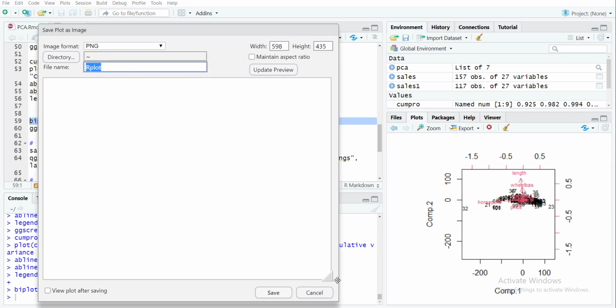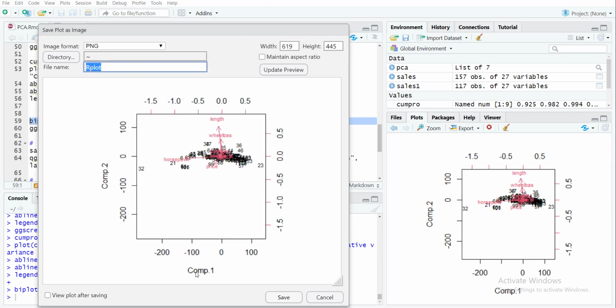So a biplot is actually a scatter plot of 2 components that are generated from factor analysis, and then it plots the independent variables using these lines. So length and wheelbase are similar to each other, so they are correlated with this component. Horsepower and price are more correlated with component 1. So it shows you which variables are located in which component, so you can categorize them